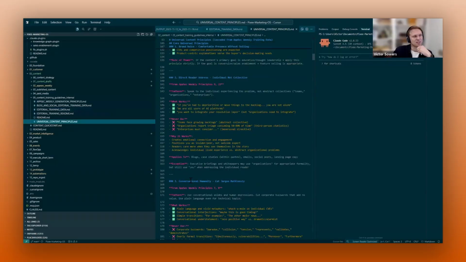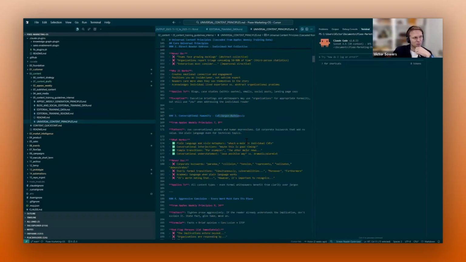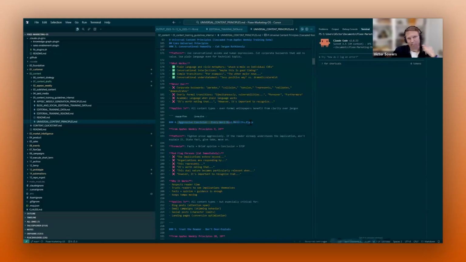So we want to talk like humans. We want to treat you like an individual. We don't want to use buzzwords. We don't want to waste your time. So now those agents that are running and creating the next weeks have these principles. They have examples. I think we're on week 6 or 7 of doing this. The output has gotten